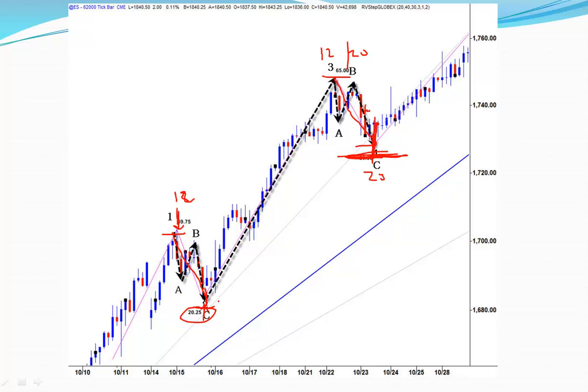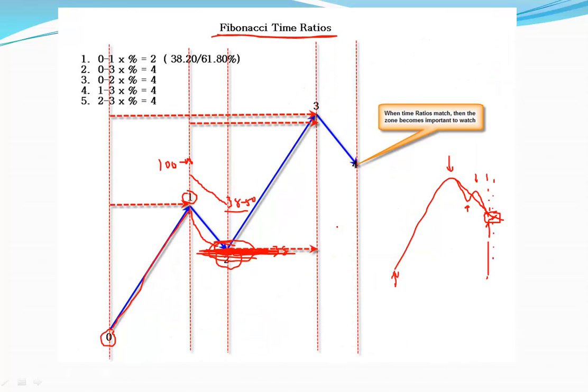The other thing we look at is we take this low to this high and we measure time. So whatever time it took to go from here to here, from 2 to 3 wave, we're then going to measure 38, 50, or 618% of this. So let me continue of where we were. So when we look at the markets,